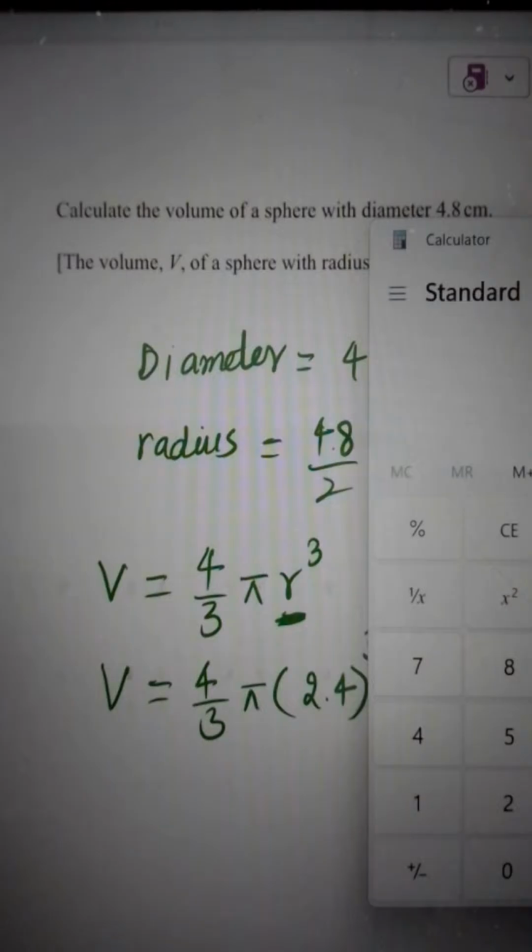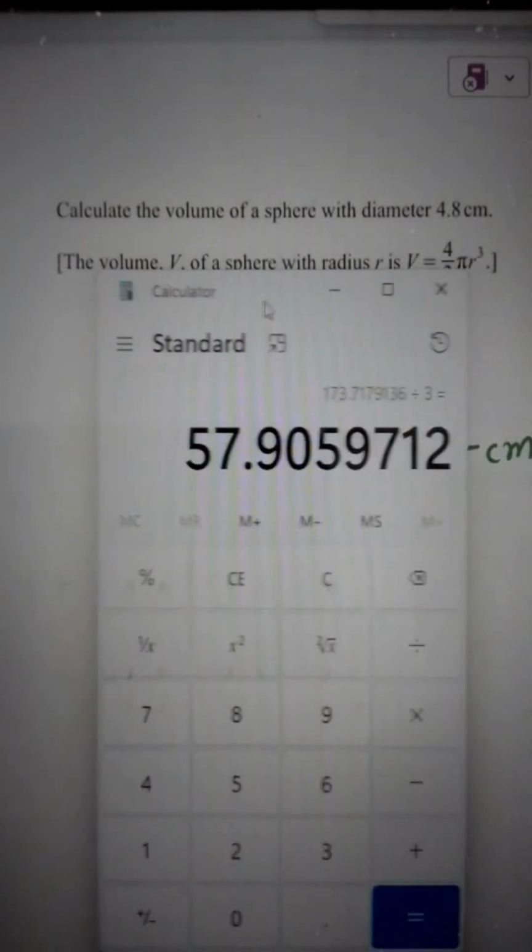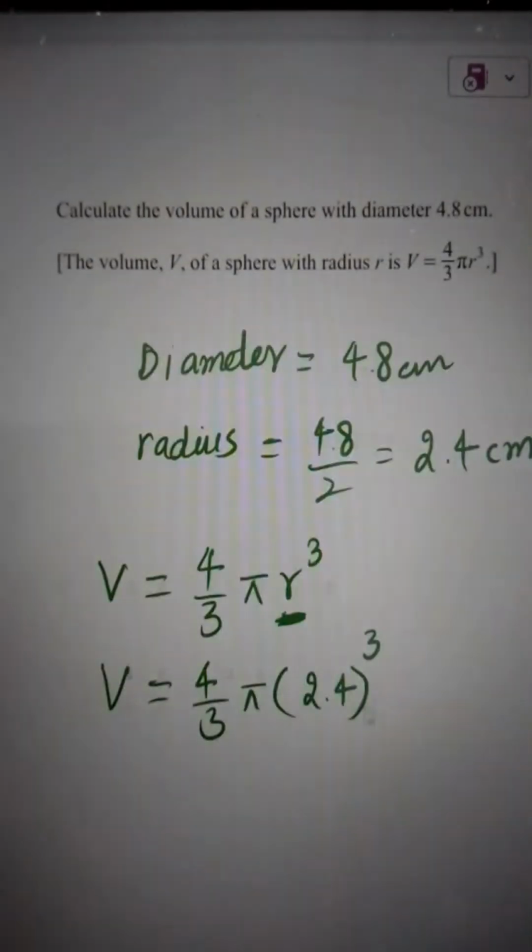2.4 cube. 2.4, 2.4, 2.4 can be multiplied 3 times if you don't have scientific calculator. Multiply by 3.14 the pi value. For accuracy, we can write 3.1416 and multiply by 4. All these values are multiplied, the numerator values, and they all are divided by 3. The 3 is denominator value. So it is 57.9 is the calculation here, 57.9. So the volume of this sphere whose diameter is given